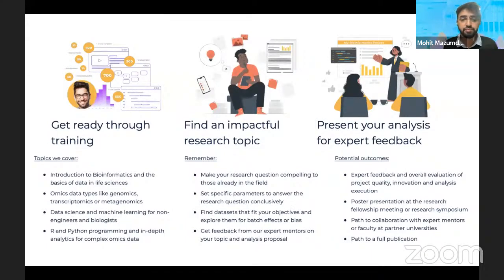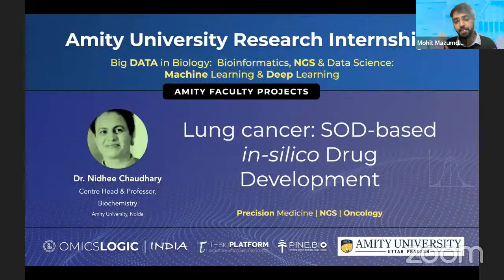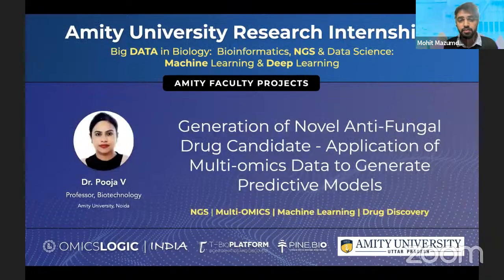Now, that is the entire research fellowship structure. Now I'm going to tell you about the available projects. This is for MIT students. They can work on some of the projects that we have collaborated on with faculty and discussed in several meetings, and now have structured data sets and structured research questions that one could participate in, and